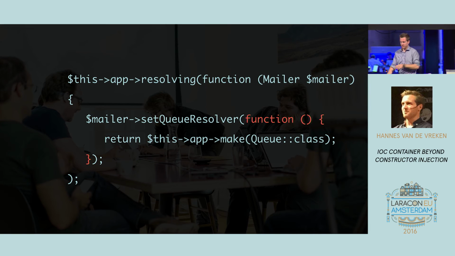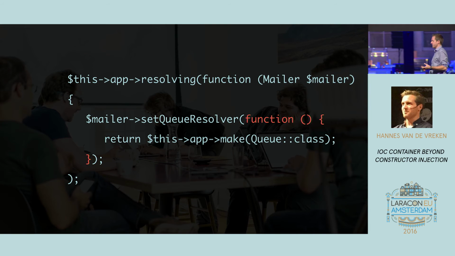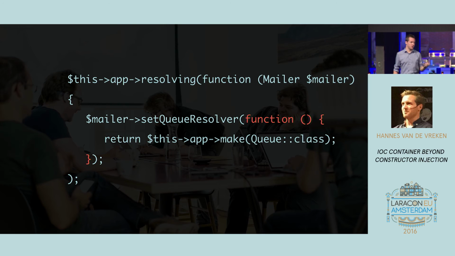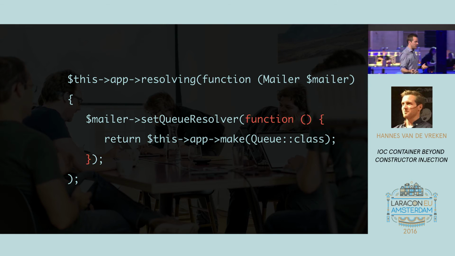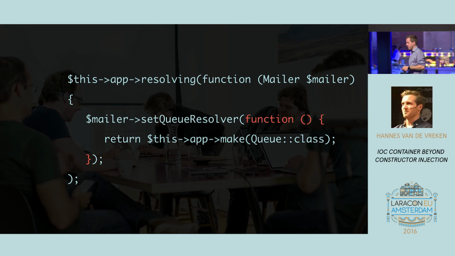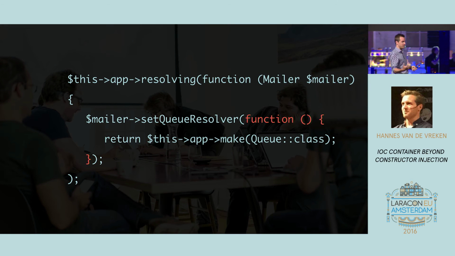So how can you solve this? By using container events, you can say when the mailer is being resolved from the container, set a resolver object or a resolver anonymous function. So when the mailer is being resolved, it gets a reference to an anonymous function, this anonymous function that you see on the screen, which will allow the mailer to get the queue object when it's needed, only when it's needed. So when you do mail send,